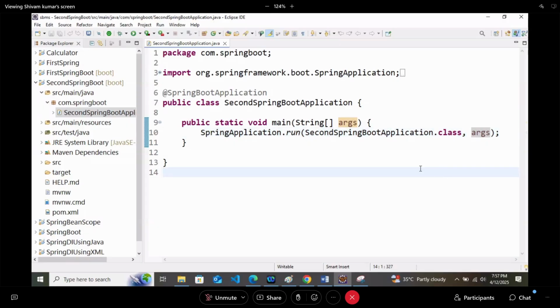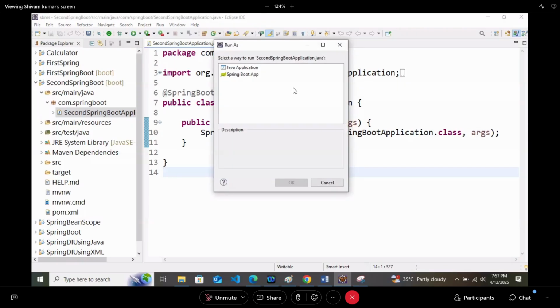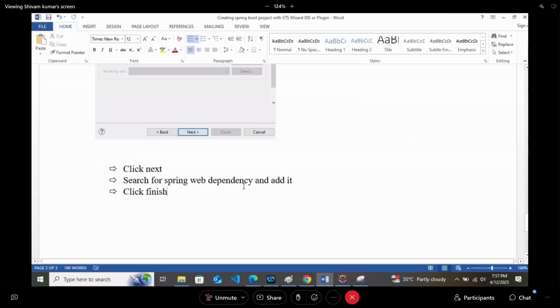Let's try to run the application. So I will just click the run button, selecting Spring Boot app and run. In the last step, open the main file and run it.